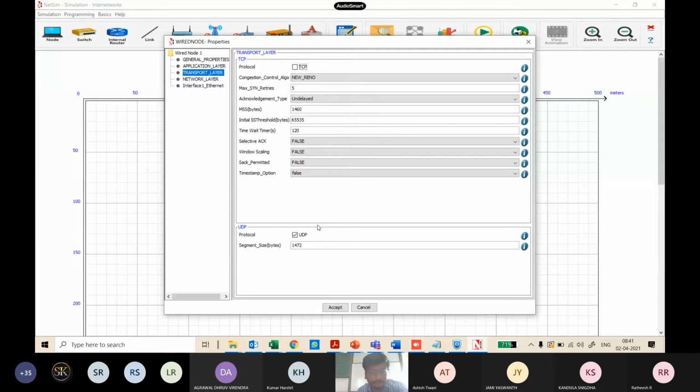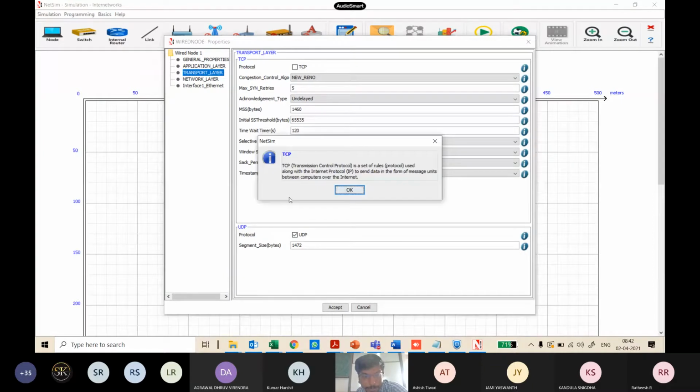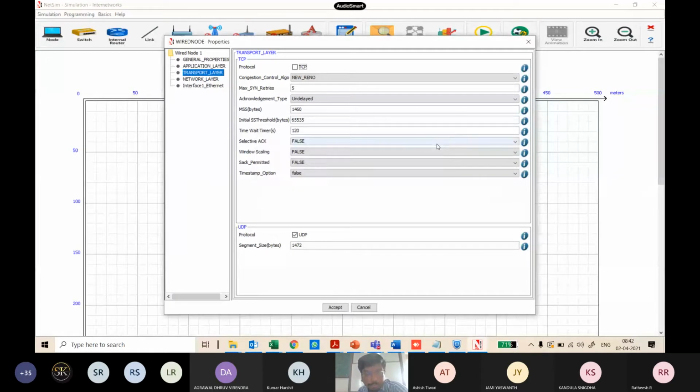And the beauty of this is, there are a lot of fields here, correct? If you want to know what a field denotes, what the idea behind it is, you can click on the eye icon corresponding to that field. It means information related to that field. You have the documentation for that. So if I click on the eye icon, it will tell you TCP, Transmission Control Protocol, what it is all about. So every configurable parameter in a protocol, you can edit, and you can also go and learn about it. That is the beauty of the NetSim licensed software.